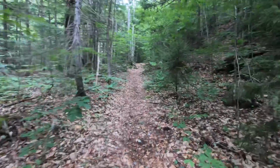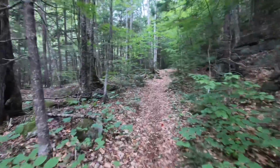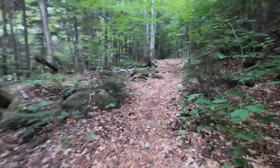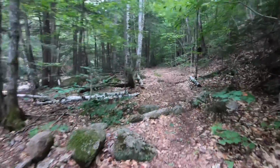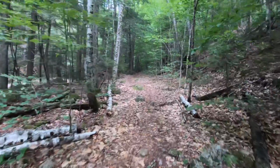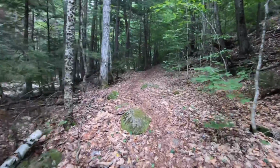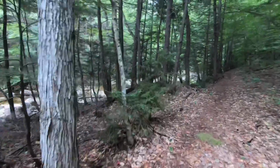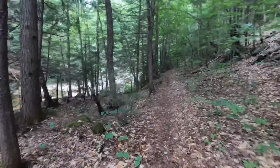So we parked at Sabbaday Falls and we rode our bicycles mostly downhill for a mile and parked at the parking for Hedgehog and Potash Mountains and Downes Brook Trail. So we're taking Downes Brook for 2 miles, and then we're going to hang a left on an abandoned trail